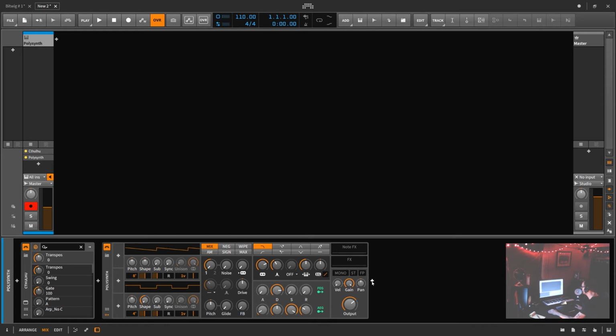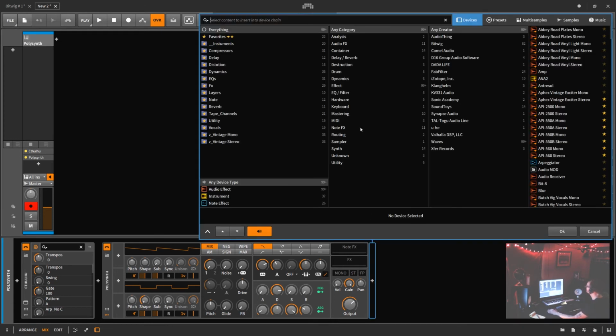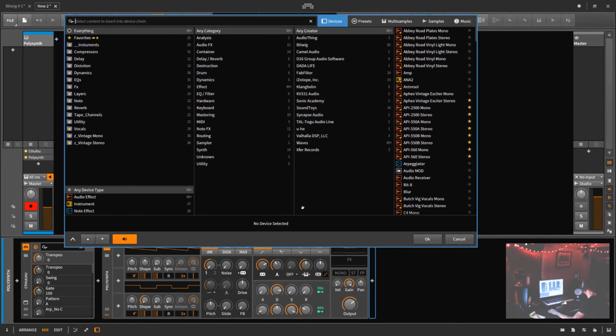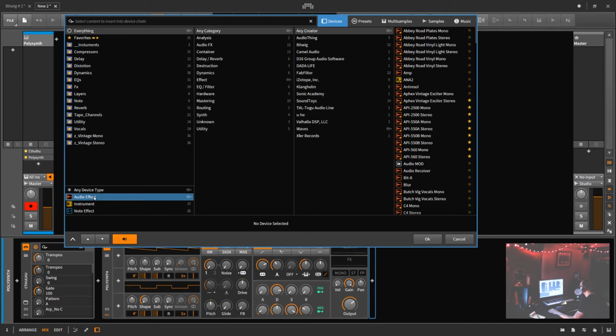Now over here you have a plus sign after the instrument. Now this is going to open up all this stuff here. Now if you think about it, you're probably going to want audio effects here. So go ahead and click on audio effects. Now as far as the effects, which is going to be anytime you click a plus sign after the instrument,